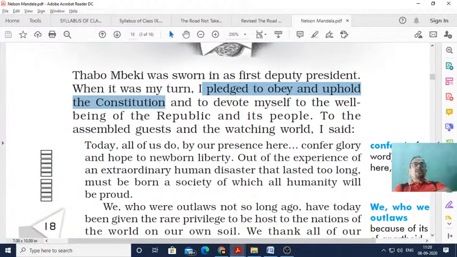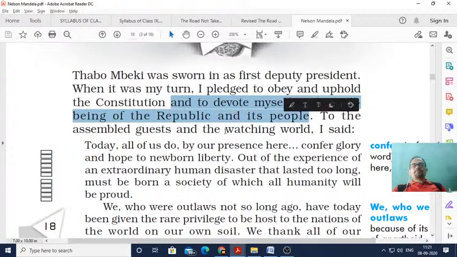So what did Nelson Mandela pledge in front of everyone? He pledged to obey and uphold. Uphold means support the constitution, new democratic constitution, and to devote myself to the well-being of the republic and its people. Okay, because it's a democratic country, therefore he said, I will devote myself to the well-being. Well-being means the development, the prosperity of the republic. Okay, Republic of South Africa, the people of the Republic of South Africa. This is what he said, I shall devote myself to the progress and development of the people of the Republic